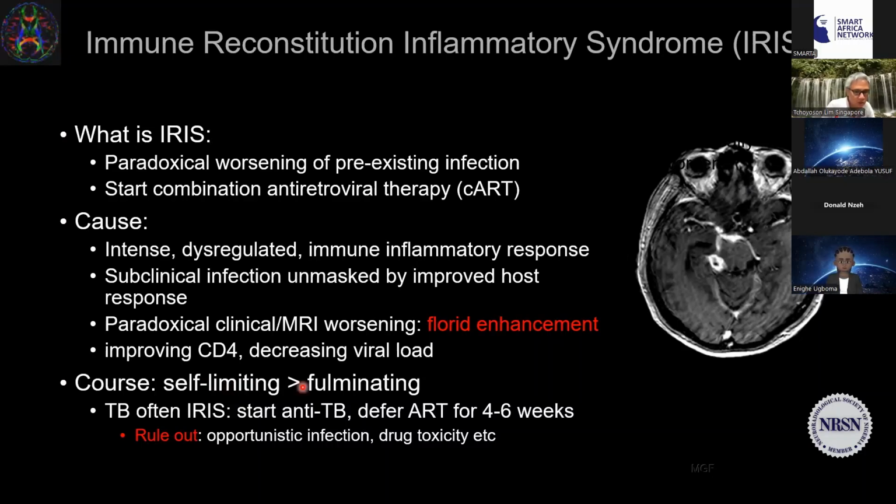A small minority will have fulminating inflammation and may even die. So TB is the classic that will give you IRIS. Therefore, the recommendation is to start anti-TB treatment in a patient who has pulmonary TB and then start ART later to prevent this,